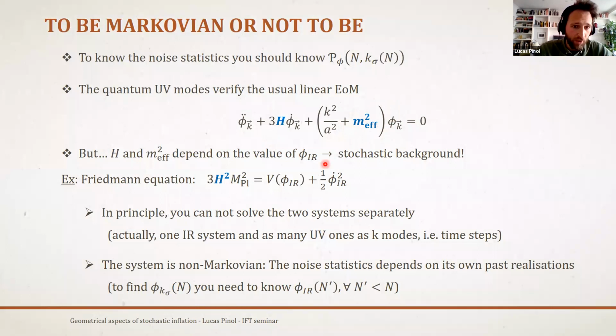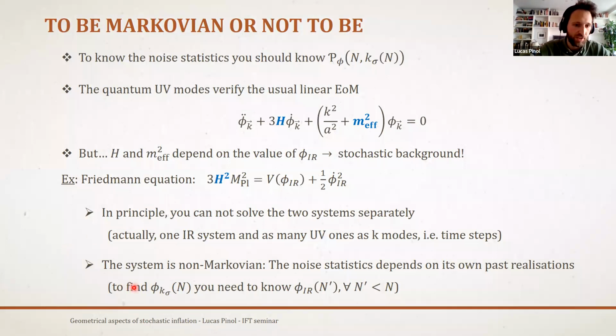And both of them actually depend on the value of your background, which is here a stochastic background in your patch P. Therefore the background is completely stochastic here. And so in order to compute the statistics of the noise, you also need to know the value of the stochastic process at that time. And this is quite intricate. So in principle, you cannot solve the two systems separately. It's not like in cosmological perturbation theory. You cannot first solve for the background and then for the perturbation. You need to really be evolving both at the same time. So this is one complication.